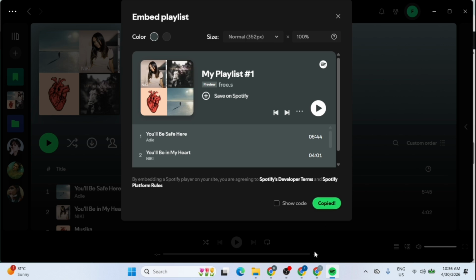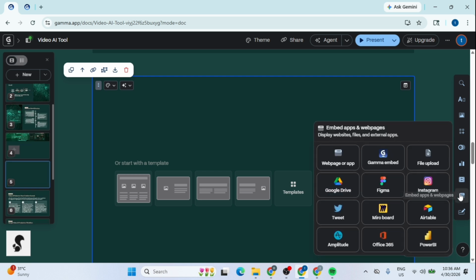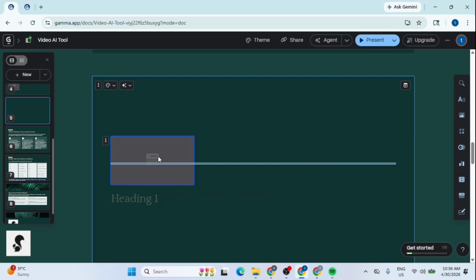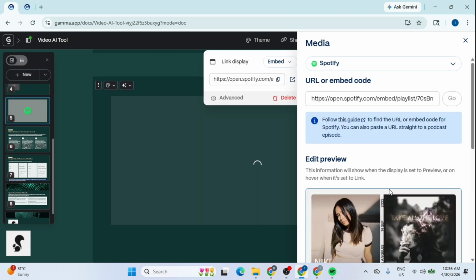Switching back to Gamma, I'll look at the toolbar on the right side of the screen. I'm clicking on the Embed Apps and Web Pages icon to open up the integration menu. From here, I'll grab the Web Page or App widget and drag it right onto my new card. In the side panel that opens, I'll paste my Spotify code into the field and watch as the player loads